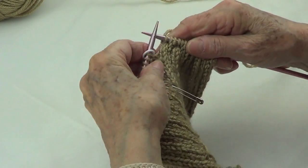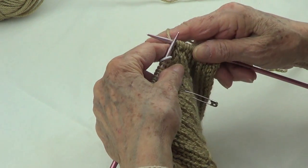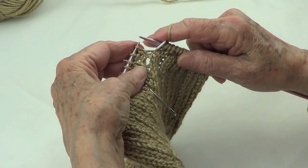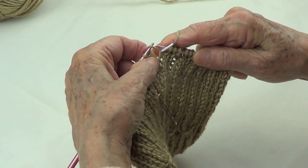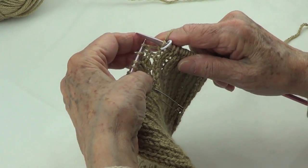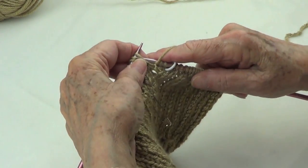So this is row number 9, and we have the purl, knit 2. This is the right side. We pass the marker and we're going to make our new stitch. We put it on top of the needle, knit it through the back, and now we knit and purl,